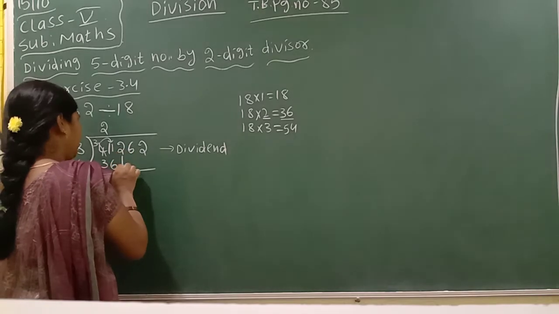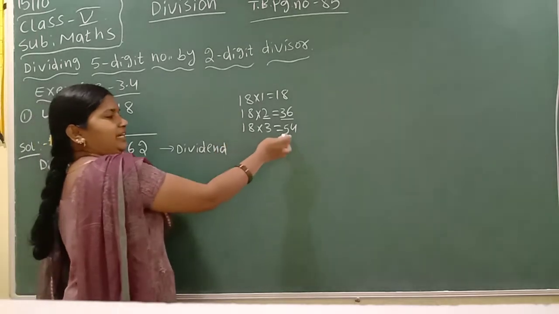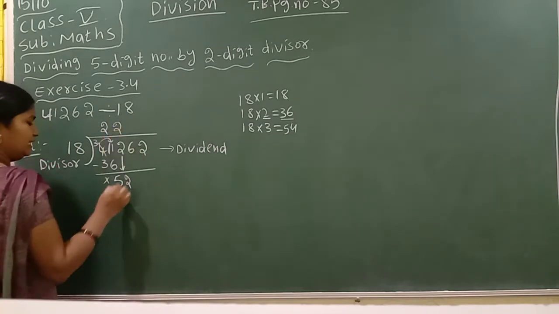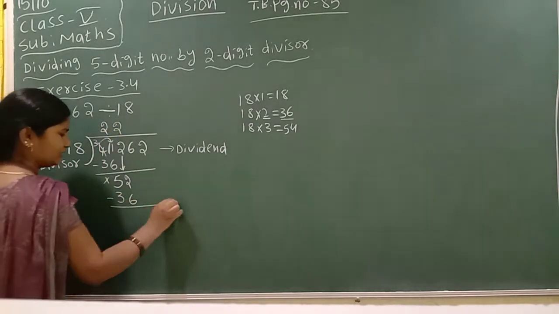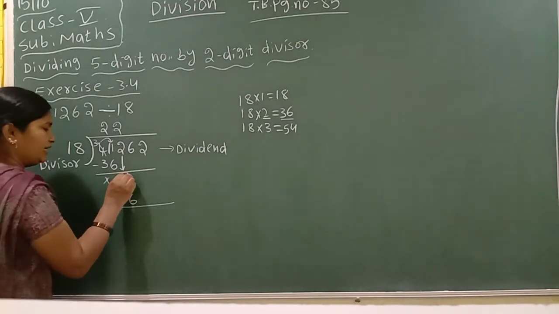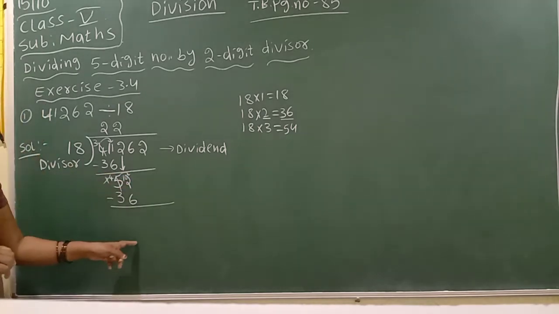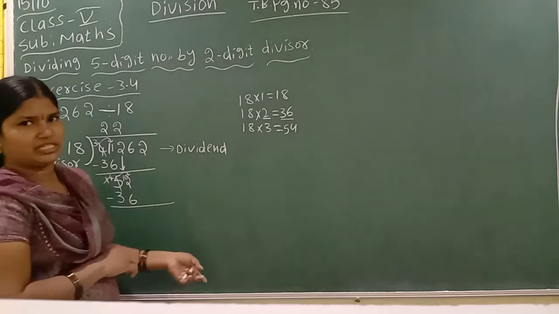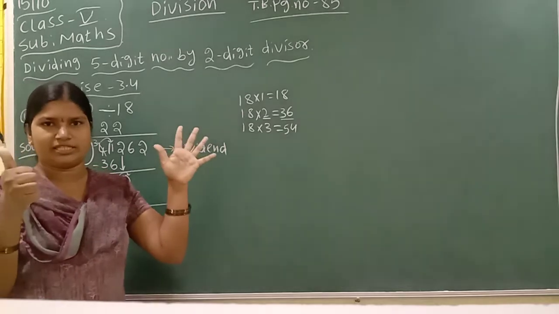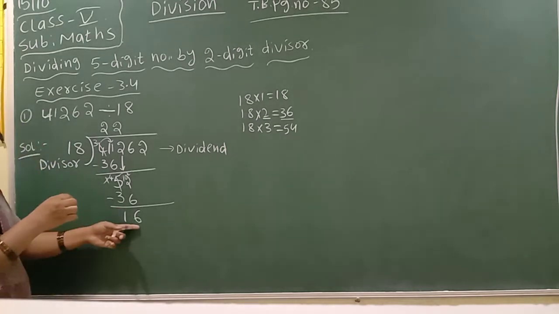Next, you have to take this 2 down. Okay, 52. But here also 18 threes is 54, so here also you have to take 18 twos, 36. Again do the subtraction. Here 2 minus 6 is not possible. Again take a borrow, this becomes 12 and this 5 becomes 4. 12 minus 6: count from 6 up to 12, 7, 8, 9, 10, 11, 12. 6 is our answer, write 6 here. 4 minus 3 is 1. 16.